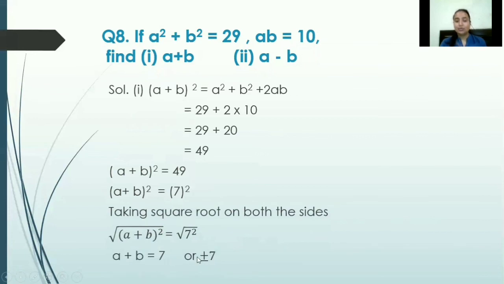Okay, some of the times your answer sheet will give you the answer plus minus 7. What is it? You know, students, when you do the square of plus 7, you multiply plus 7 with plus 7, meaning positive 7 is getting multiplied with each other. Then you will get 7 sevens are 49. And if you multiply minus 7 with minus 7, then also you will get 49. That's why 49 is the square of plus 7 and of minus 7 as well. That's why when we take the square root, we get the square root with both signs.